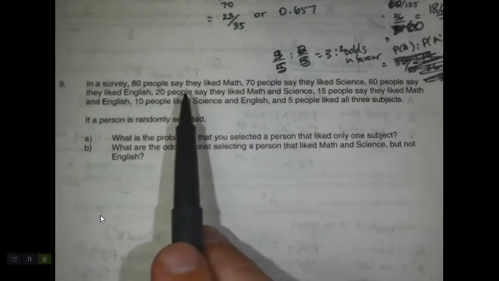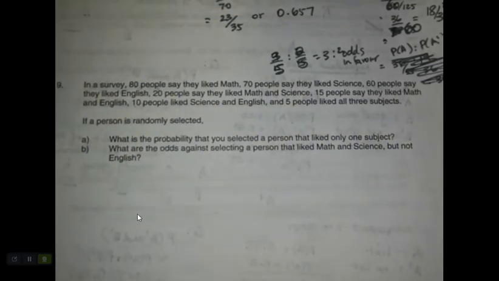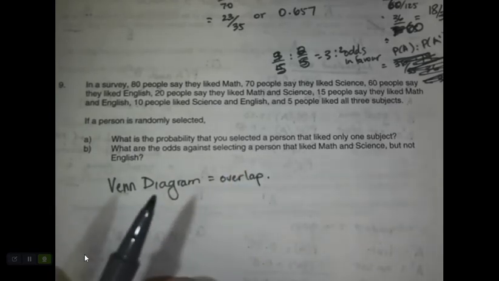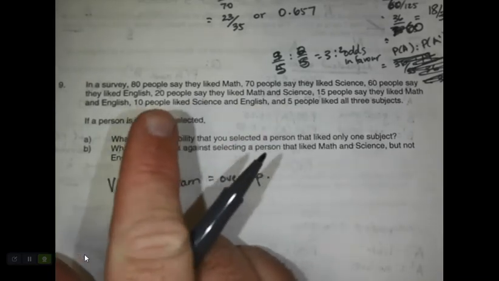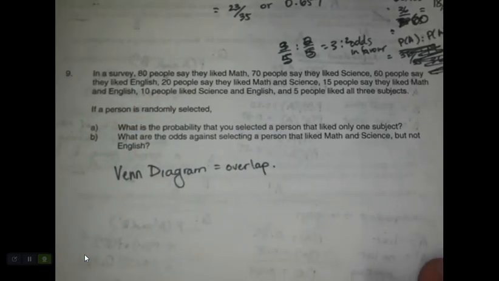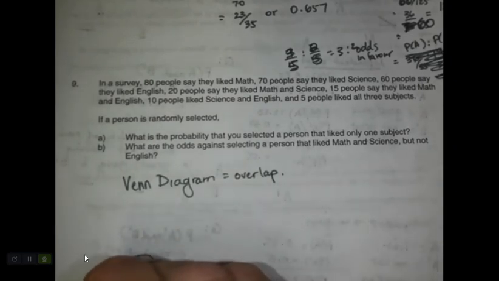All right. Last question. If I was reading this question, I want you to hit pause here for a minute. I want you to read this question and tell me what type of question would this be? Hopefully you said it's going to be a Venn diagram question because there's lots of overlap. People like science and English. Some people only like science. Some people only like math, right? It's an overlap. And since I have 3 subjects,